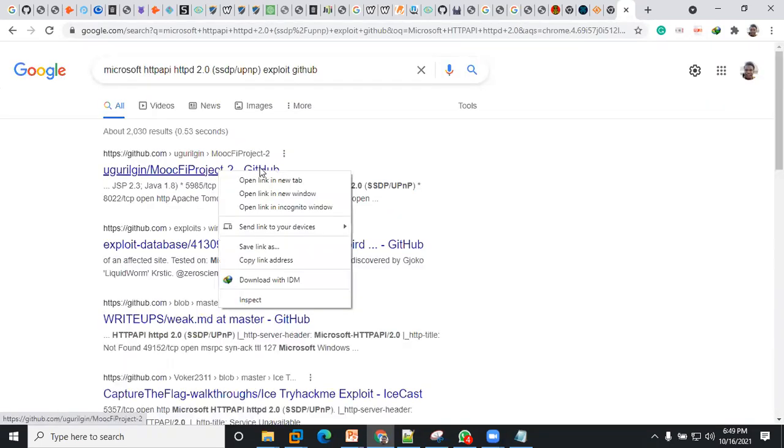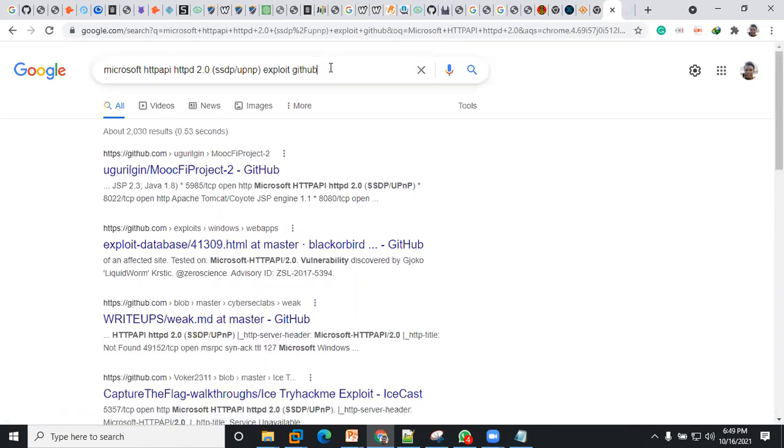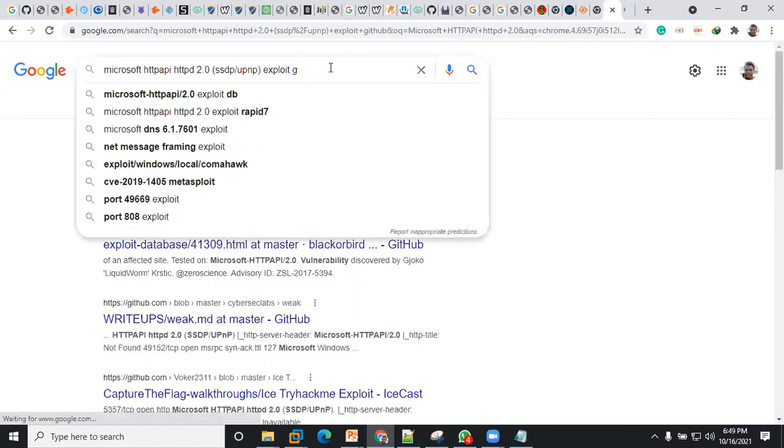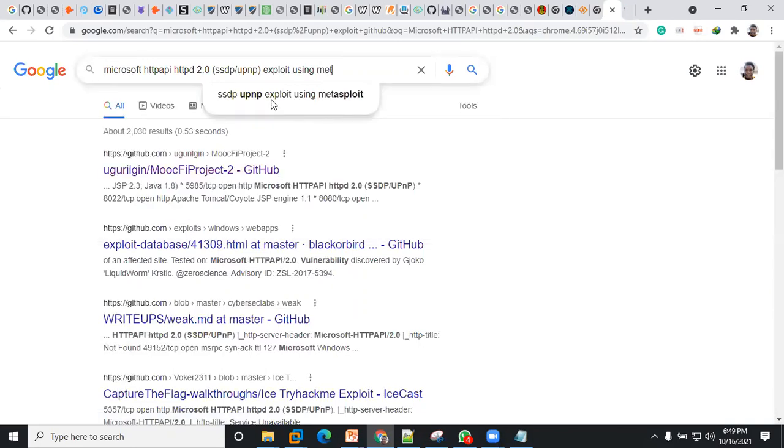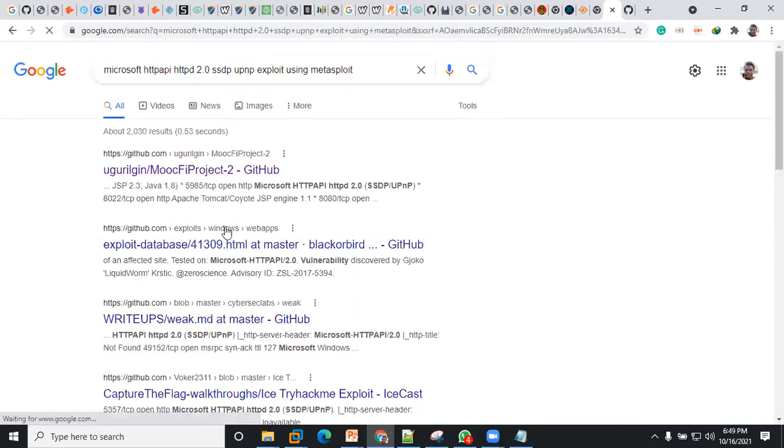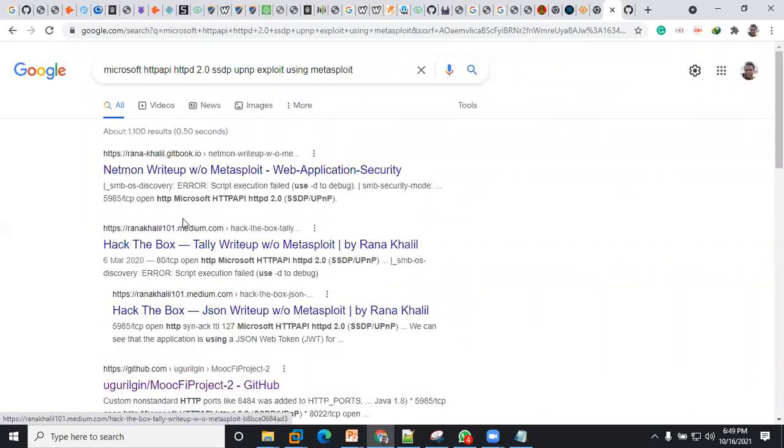Can we exploit this on Metasploit? Somebody even did the write-up to see how we can exploit this on Metasploit. Read on it, then follow the steps and exploit it.